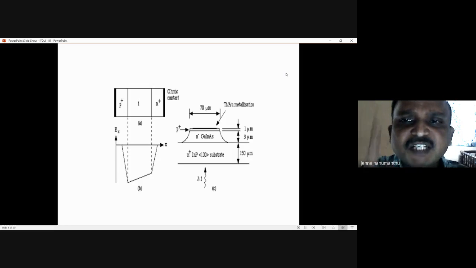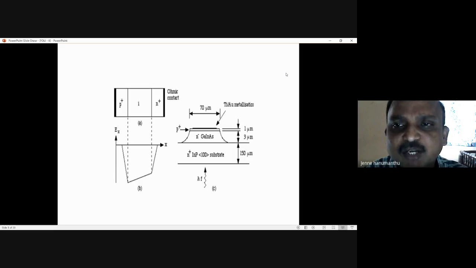So when you apply reverse bias, what happens? When you are studying atomic structure in engineering physics, or in the EDC subject, basic electronics, what happens? Tell me. The electrons, which are majority carriers in the N plus region, are attracted towards the battery's P terminal, and the holes, which are majority carriers in the P plus region, are attracted towards the battery's N side,